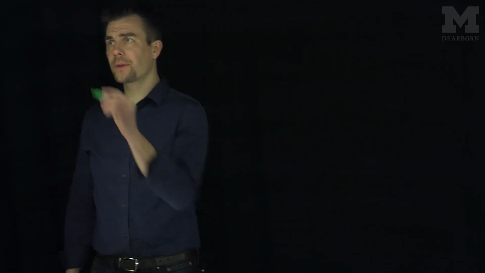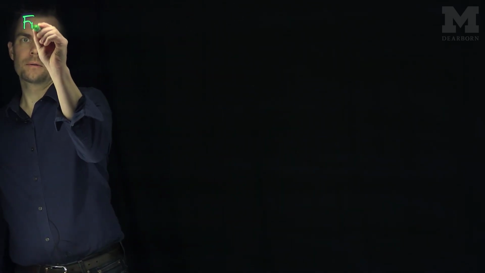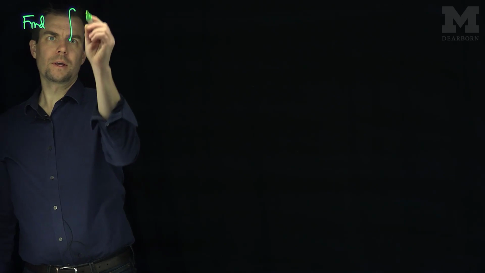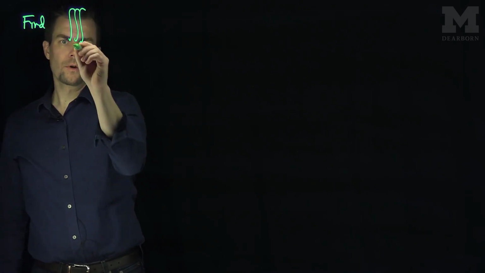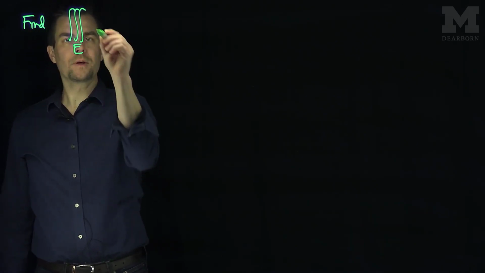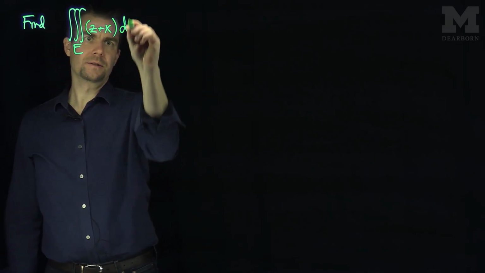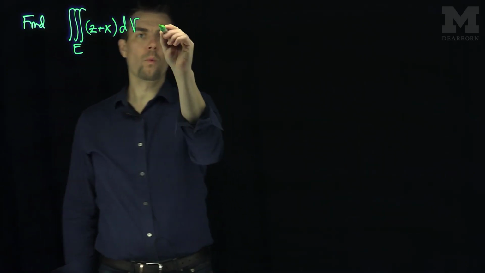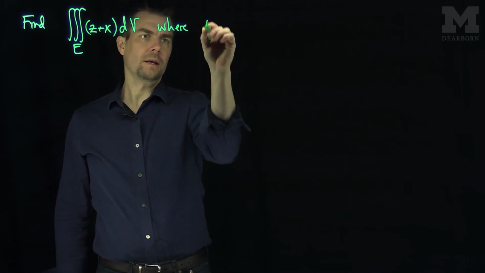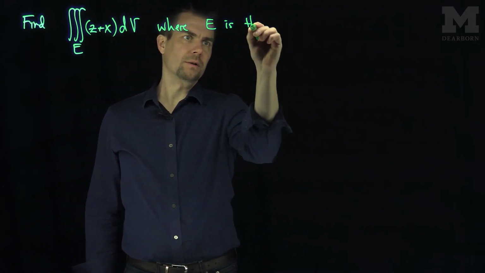Hello students, in this video we'll see an example of changing a triple integral from Cartesian coordinates into cylindrical coordinates. Let's find the triple integral over a region E of z plus x dV, where E is the region